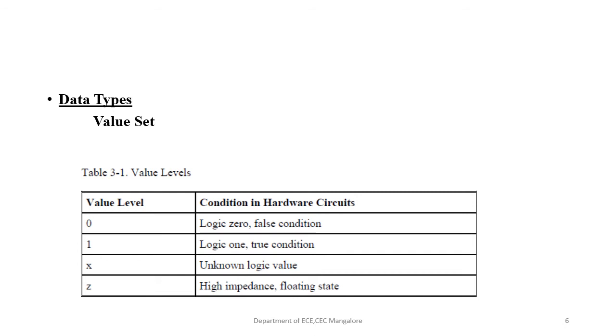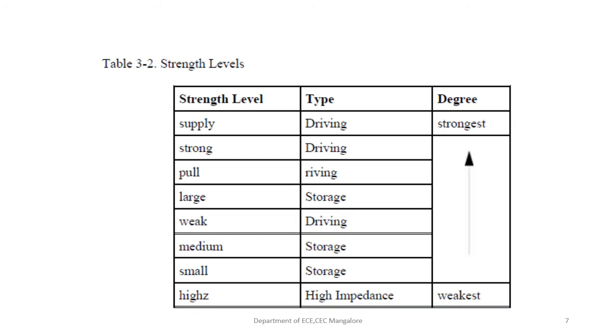So here is another thing to remember. Any logic values or the strength of the signal, that means the priority given to the signal, is listed in table 3.2. The values 0 and 1 can have strength levels like this: supply, driving, strongest, then strong, pull, large, weak, and medium, small, and high impedance. High impedance is the weakest